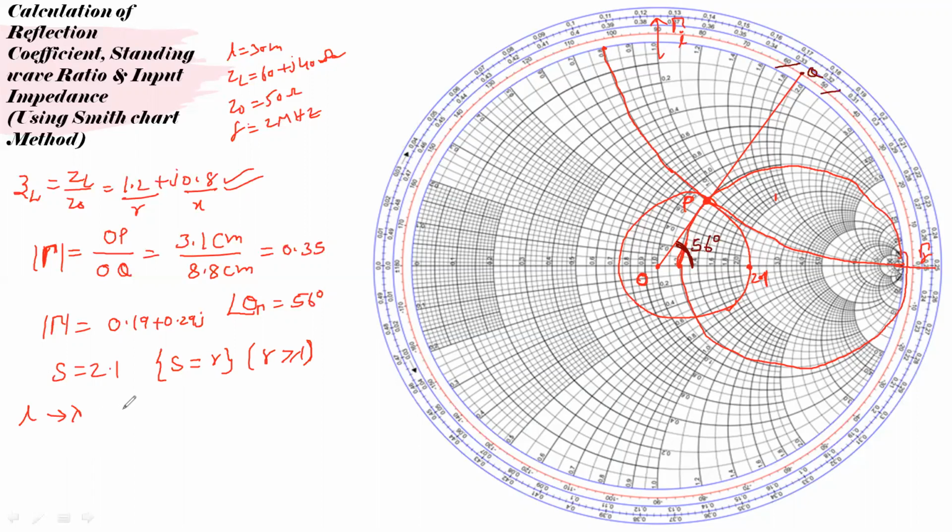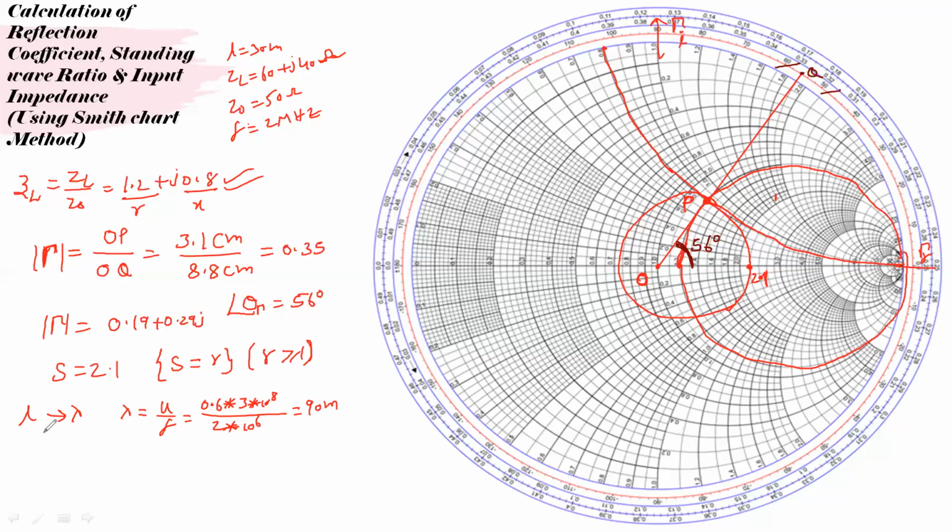So for that, let us calculate the value of lambda first. That is the wavelength we need to calculate. Lambda equals U by F, that is also known to us, and U equals 0.6 C, which is also given. So 0.6 into 3 into 10 to the power of 8, divided by 2 into 10 to the power of 6, that is 2 megahertz, which equals 90 meters.